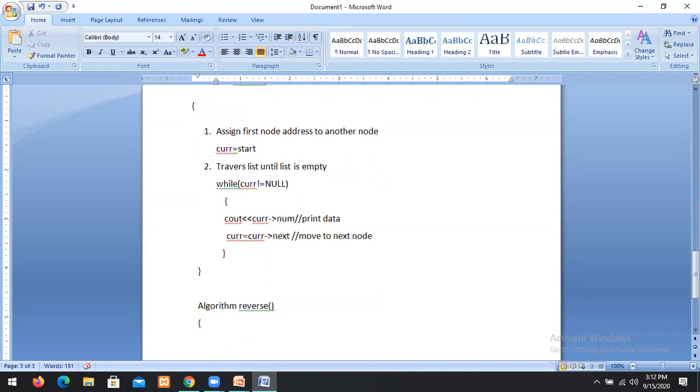First of all, you have to move from the first node to the last node. How can we identify the last node? When the address field of the next node is null, then it indicates the last node.